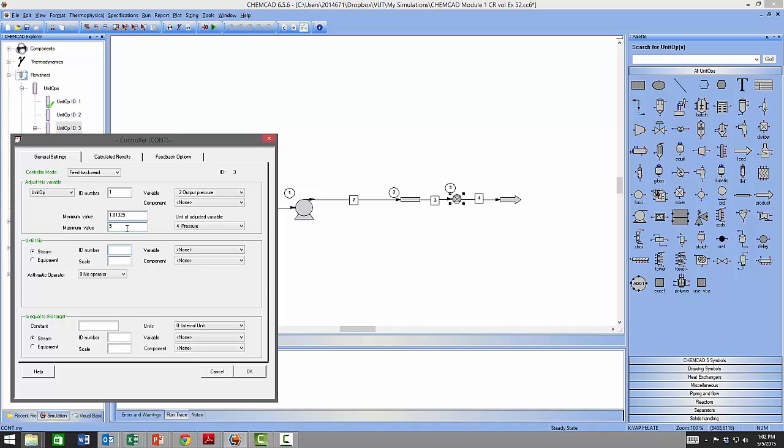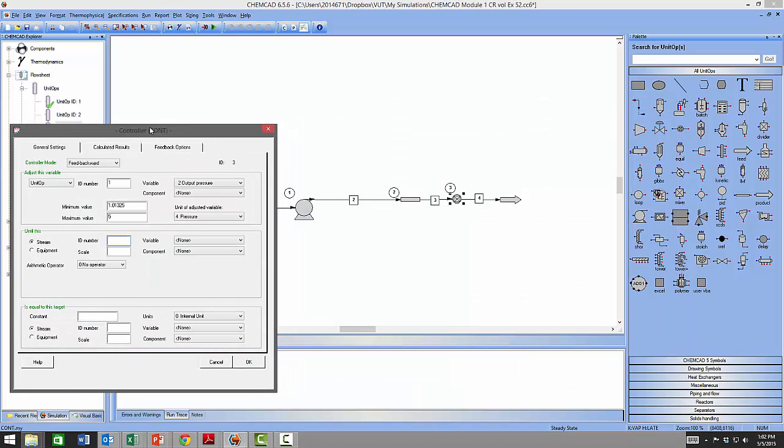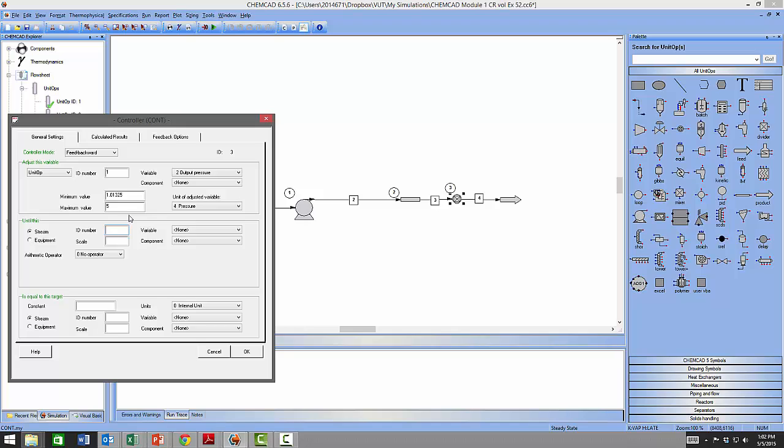One of the things that you have to be careful about is the minimum and maximum value. As Chemcad calculates for the controller, it is calculating for the output pressure, and the minimum value can be used. If you have specified the minimum value here to be less than the input pressure, you can end up with a problem or an error in Chemcad, and then the controller solver not converging. That's why I have chosen to just make it the same as the input pressure. So sometimes when you get errors, just be careful that you specify your minimum and your maximum value in the right